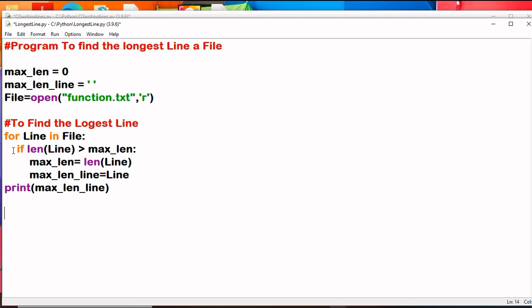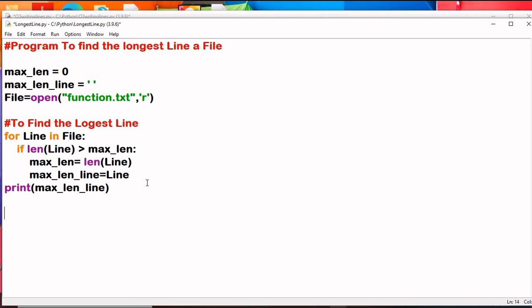After reading line by line, we get the length of the current line and check whether it is bigger than the maximum length. If it is bigger than the maximum length, then the maximum length will change to the length of the line, and the max length line will be that current line.